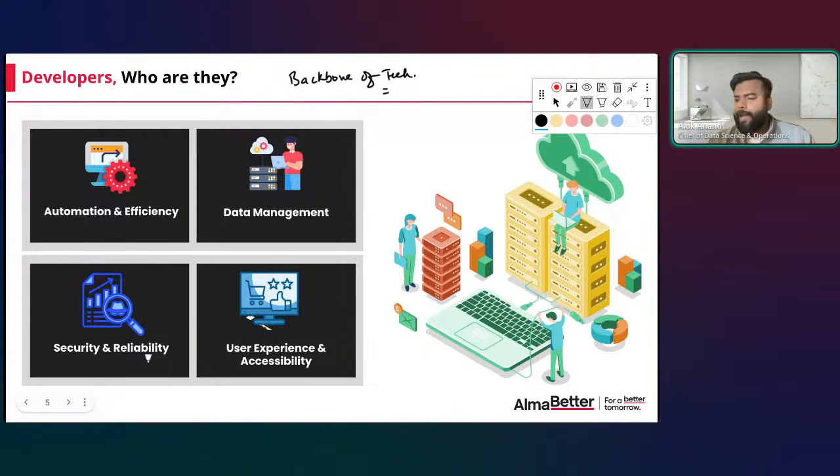Now, if you have data and information stored, of course, you need to have security. You need to have reliability of the system as well. So let's say there is an application and multiple people start joining in, let's imagine the scale of Disney Hotstar or Jio Hotstar, right? That application has millions and millions of people coming in together to watch a match, right? And it's so difficult to handle.